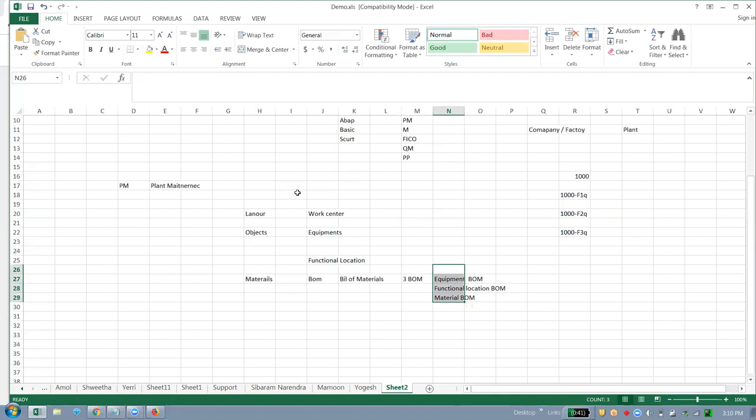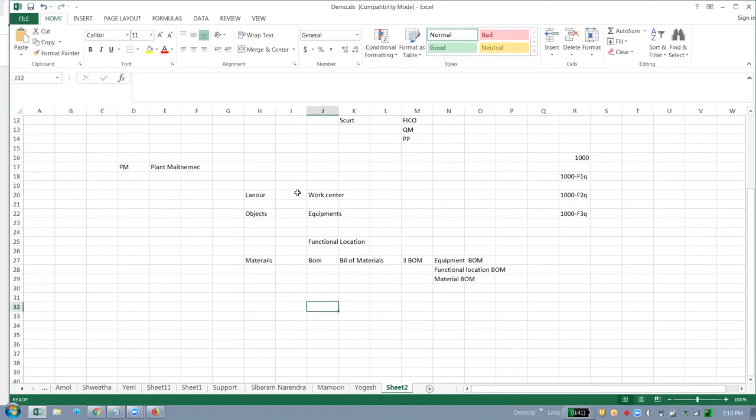So now we have our resources to carry out our activities. We have our objects, and the functional location is mandatory. We have our materials. Now, your equipment is there. For example, there is a pump. There will be 50 or 100 pumps in your company.